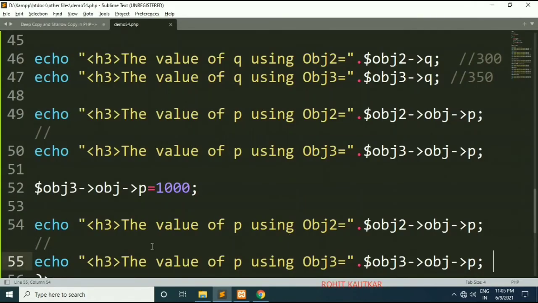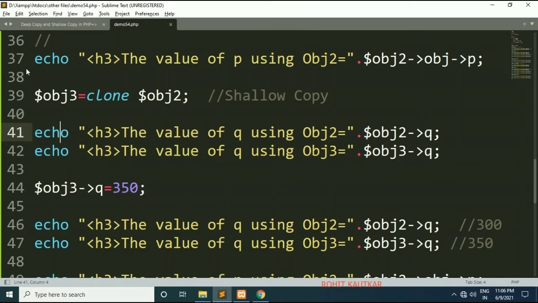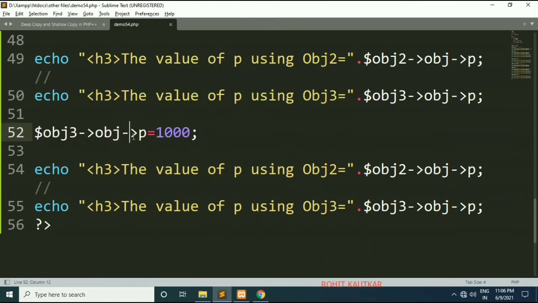Why did it happen? Friends, whenever we use the clone keyword for creating the clone of an object, the reference from the old object will be passed as a reference to the new object. So references remain references, they are not getting modified. That's why if I modify the property value through one object, it will also get reflected within the other object.